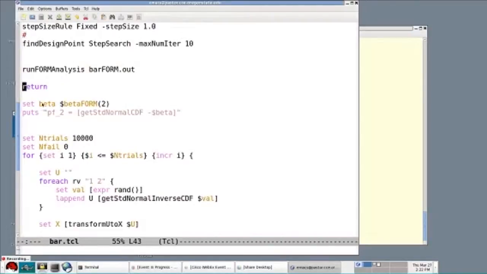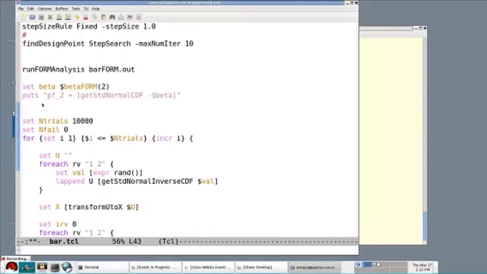So that's the output that goes to an output file. Within our Tcl script, we can also use predefined functions to obtain output within our script that we could then manipulate for other applications. But beta form and then the limit state function, or performance function, tag gives the beta value or reliability index for the limit state function with that tag. Okay, so we could set that in a Tcl variable, like set beta to be